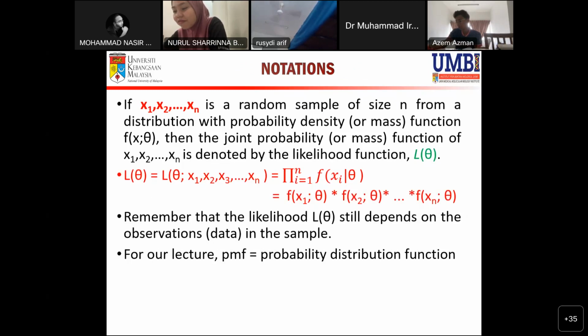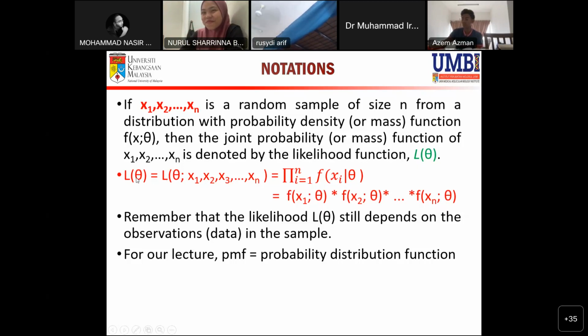For example, if you have a random sample of size n, which is x1, x2, x3, until xn, from a distribution with probability density or mass function. In your case, I think if you refer to probability mass function, it's actually your probability distribution function. But usually in my practice, we always use probability mass function. So when I mention probability mass function, it is equivalent to your probability distribution function. Then the joint probability density or mass function of x1, x2, until xn is denoted by the likelihood function L,